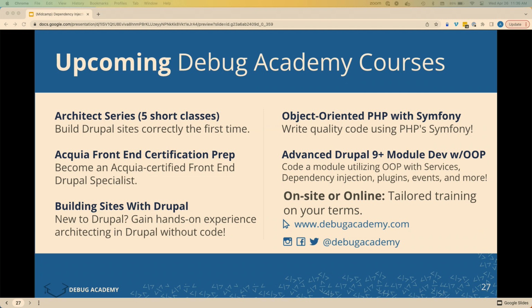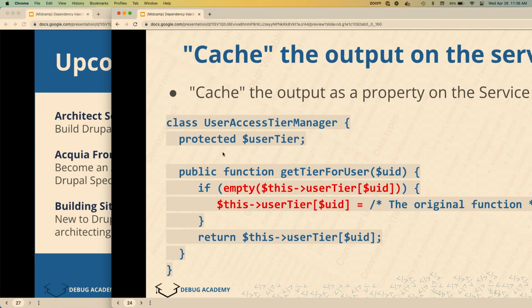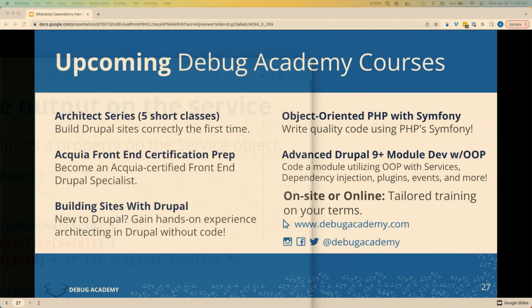Yeah, definitely. PHP 8 has a lot of features to reduce the amount of code you write, so you can get rid of this protected declaration. It doesn't look like a lot here, but if you have a lot of services, and if you have doc blocks on your properties, it adds up.